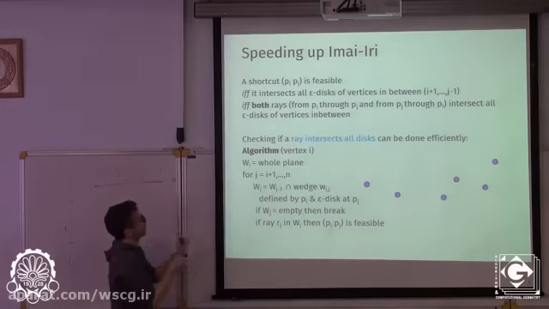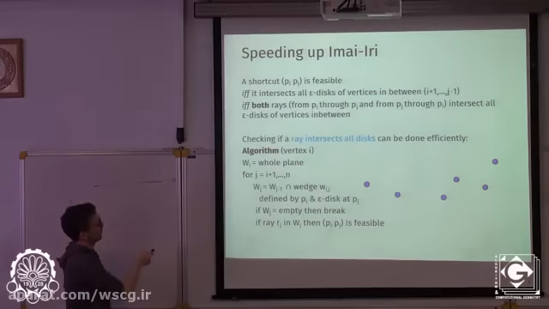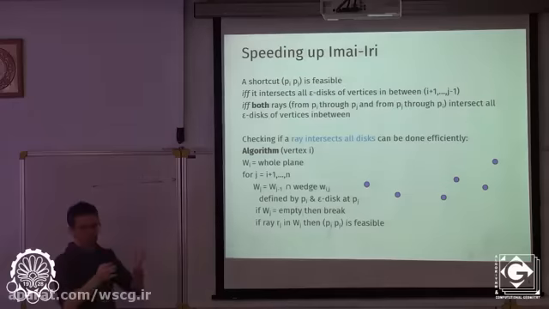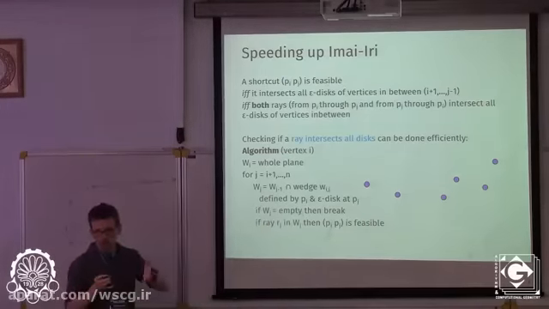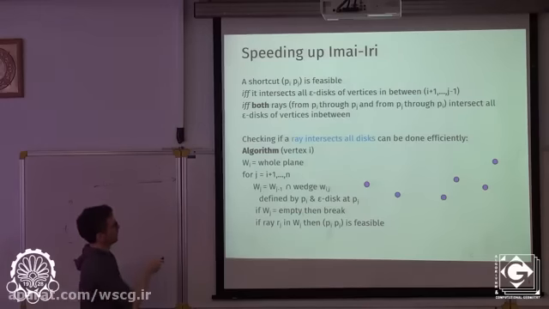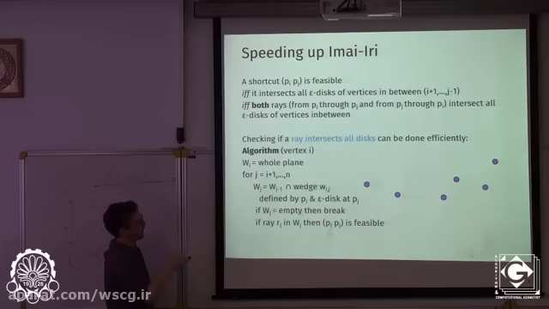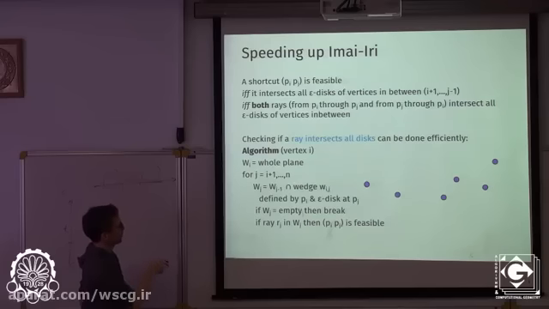The way I do this is I maintain a wedge of possible directions starting at i, which are valid directions for intersecting the disks. Initially all directions are valid, and now starting with j being i plus 1, the next vertex, I'm going to intersect my wedge with